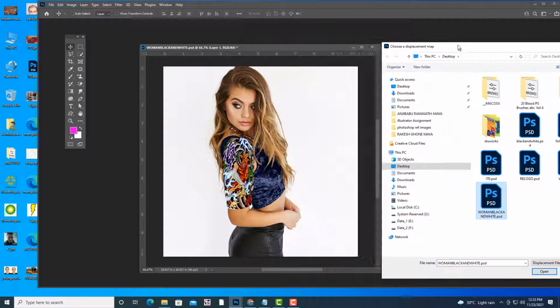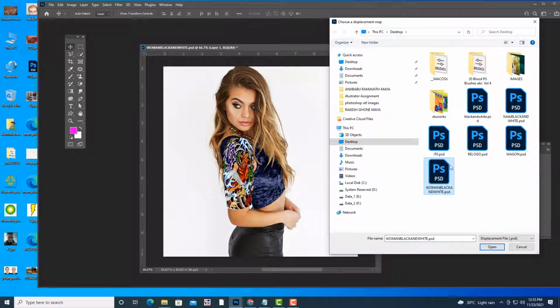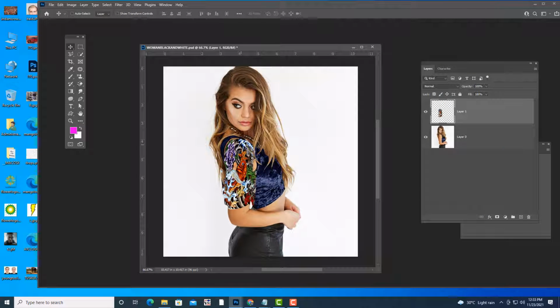Okay, see, because we have added contrast to this file, this file will have some effect on the tattoo. So see what happens when I apply. Suddenly the tattoo's position has changed. But still this is not over, we still have some more steps here. What it has done is the tattoo got adjusted to the dark and light areas of the hand.